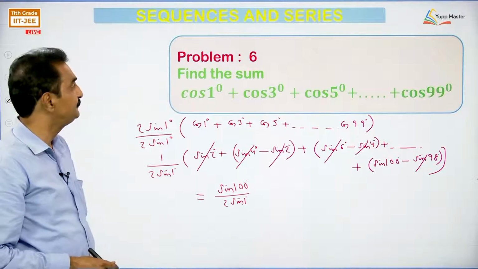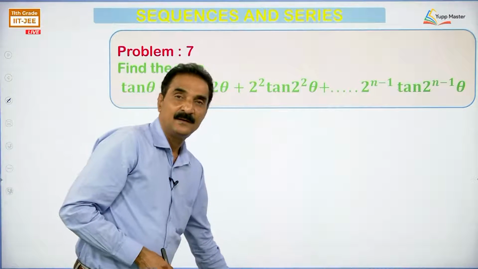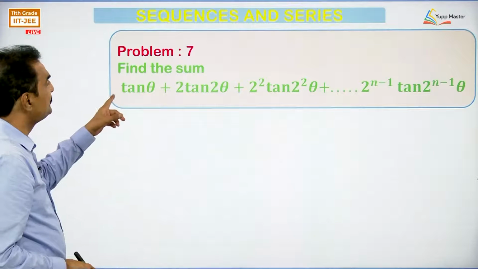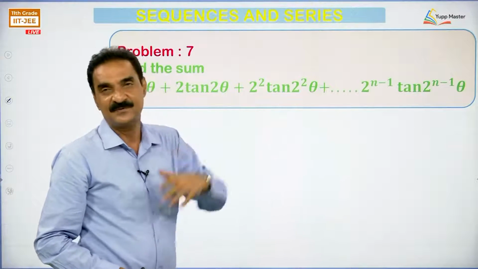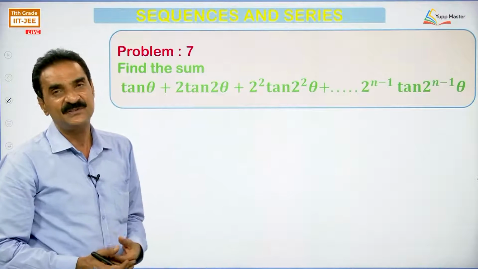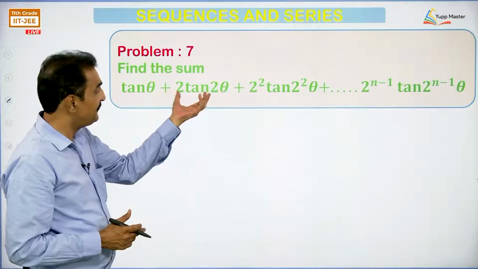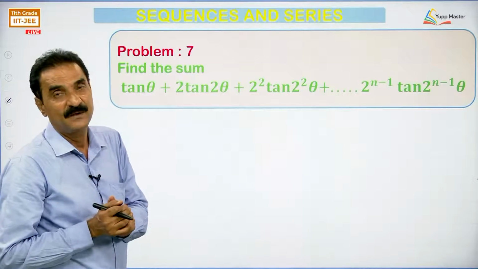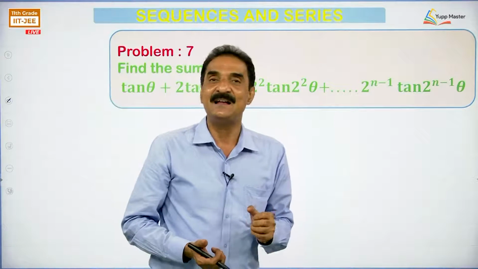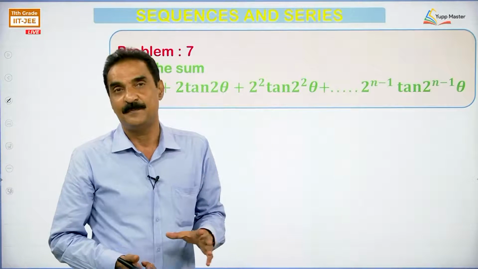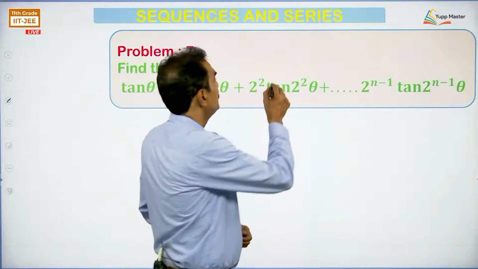Next question. Find the sum tan theta plus 2 tan 2 theta plus 2 square tan 2 square theta and so on, up to n terms. This is also a trigonometric series. The method is telescoping series. But how to express every term as a difference, that is the question. Here the angles are in GP. When a series is given in tan, angles will be in GP. We have to use one formula in trigonometry, that is,